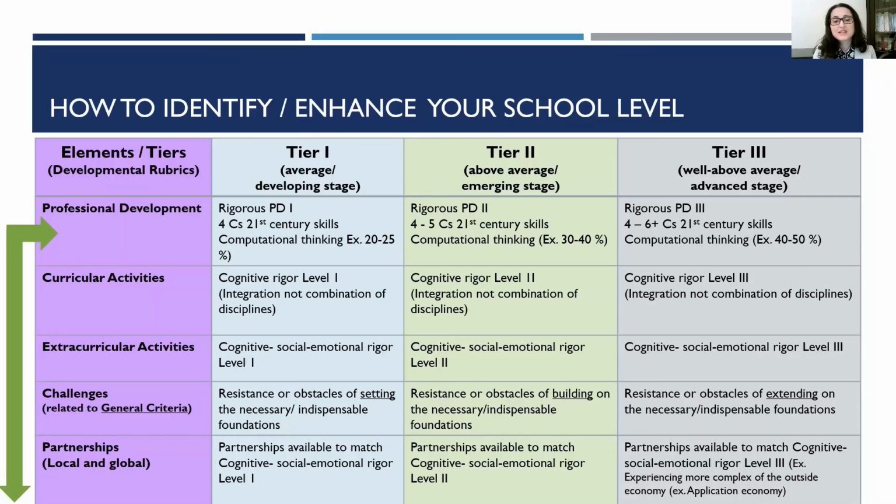Needless to say, in the three tiers, challenges are related to the six criteria that we mentioned before: the physical and digital capacity, all those types of capacity of a school. I cannot name these here because it depends on the school. Once you do your own study of your STEM system by tier or by category, you can identify these challenges. The important point is that once you identify a challenge, you work on it.